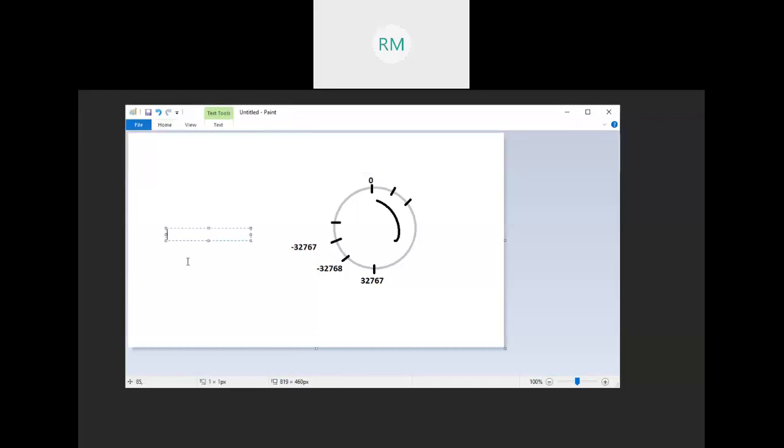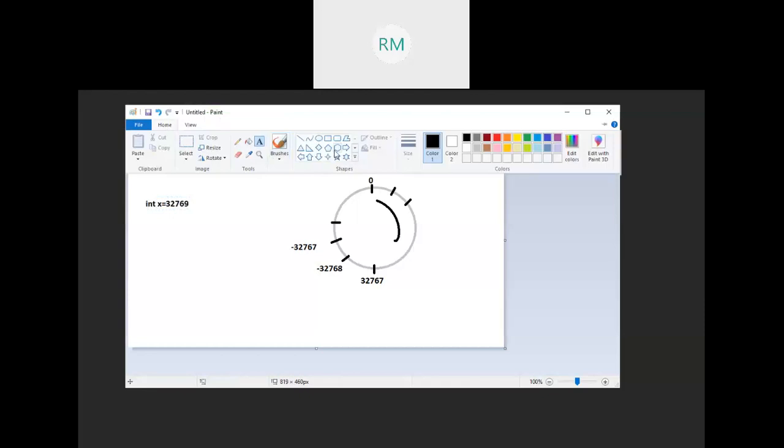For any data type you follow this approach, you can answer any question. Int x equal to 32,769. So first what happens? X is of what type? Integer type. That's why memory gets allocated for this variable.